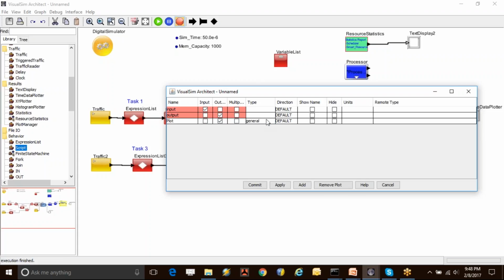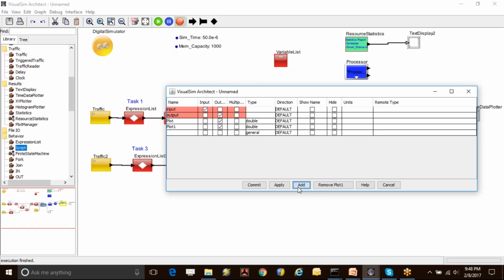For example, we are generating the latency for each flow or each task. In this case, plot is going to generate the latency for my task 1. Plot 1 is going to generate the latency plot for task 2, whereas plot 2 is going to generate latency for task 5, which is actually generated